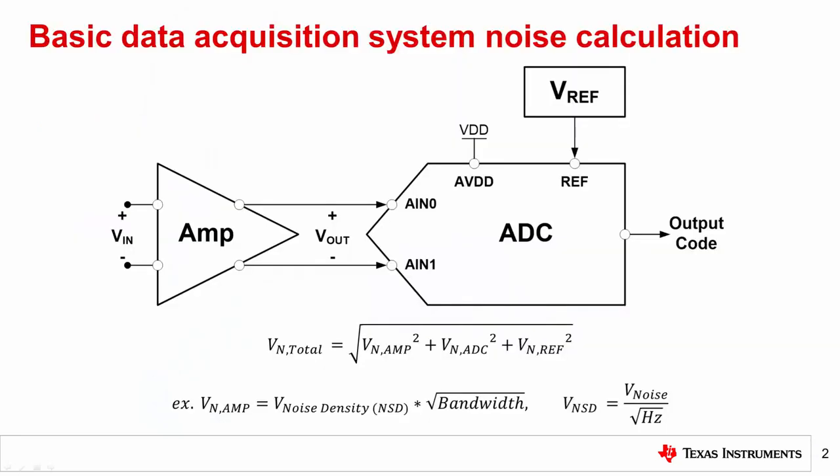To begin, let's revisit the simple data acquisition system analyzed throughout these Precision Labs ADC noise modules. In the previous presentation, it was discussed that you can calculate this system's total noise by taking the root sum square of each component's noise contribution using the equation shown here for V in total. One of the challenges in calculating total system noise is that many components specify noise in different ways, including noise density. Noise density generalizes the relationship between noise power and frequency instead of defining a noise value over a specific frequency range and has the units of noise per root hertz.